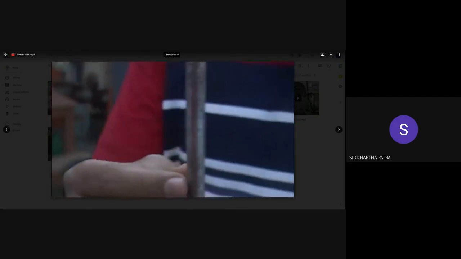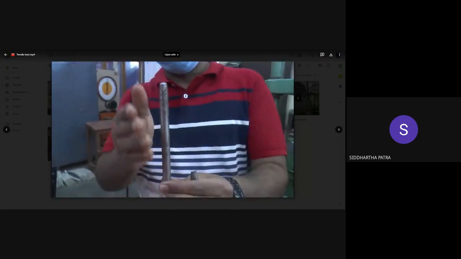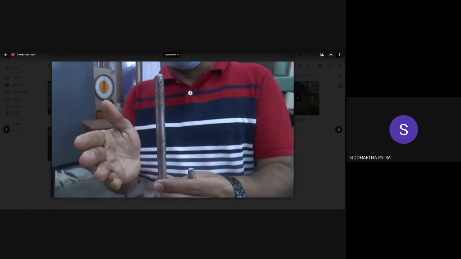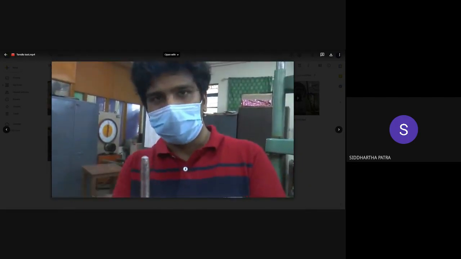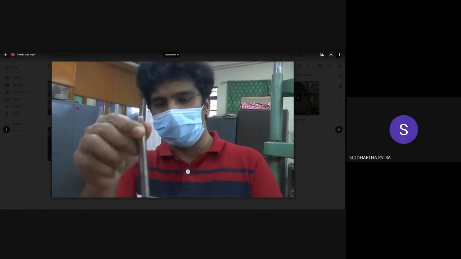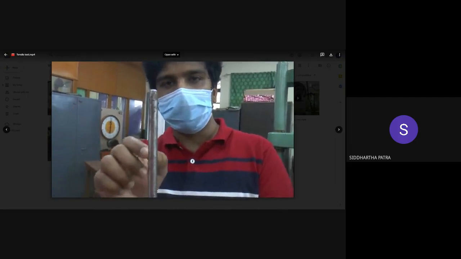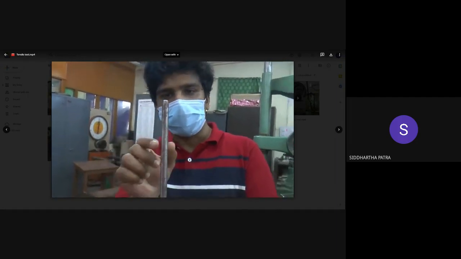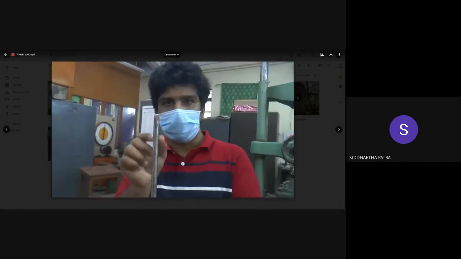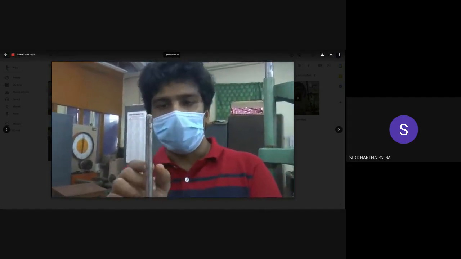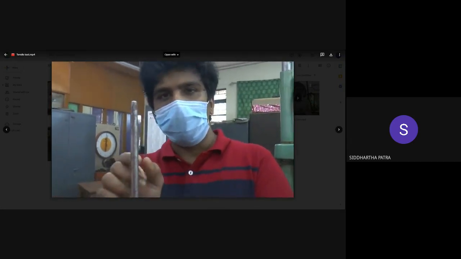Now, what is necking? While we are continuously loading beyond the maximum load value or the ultimate stress value, somewhere along the length of the rod, that means this uniform 10 millimeter diameter portion, we are supposed to see a rapid reduction in the cross section. Obviously, because of the elastic and plastic deformation, the cross section was gradually reducing, but somewhere we would see rapid reduction eventually leading to failure.